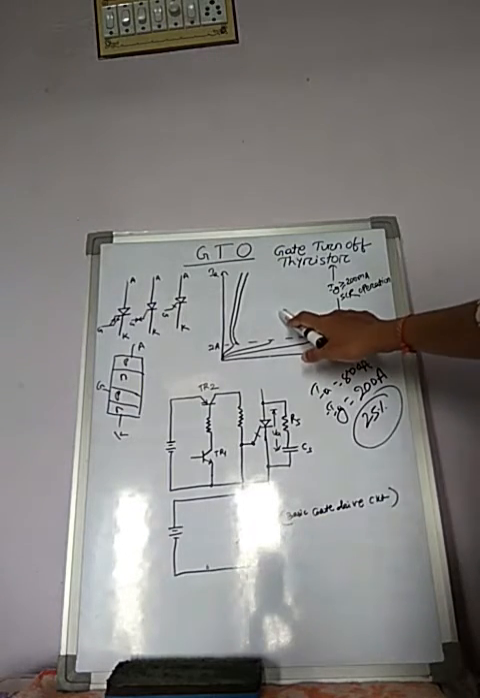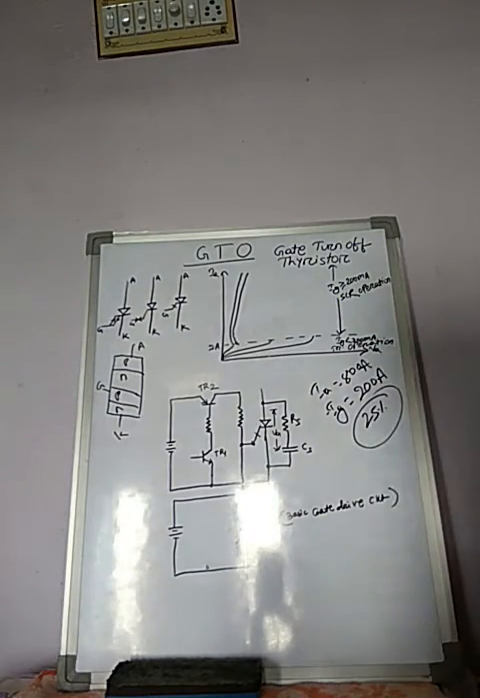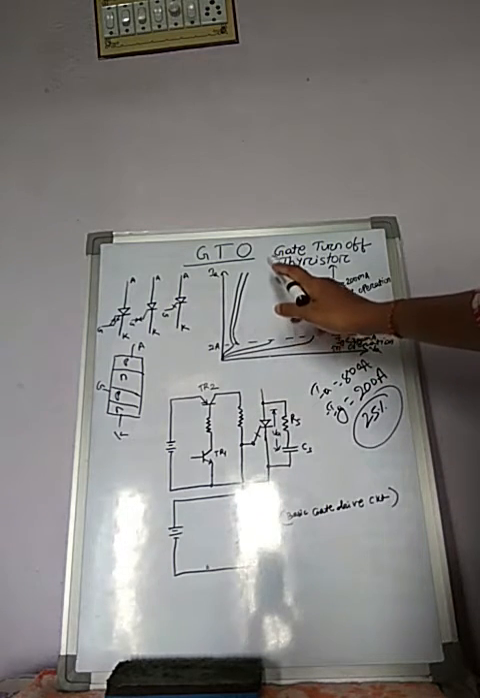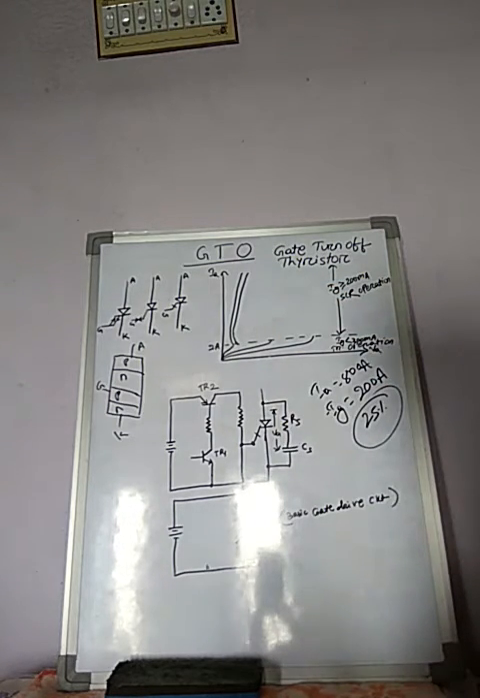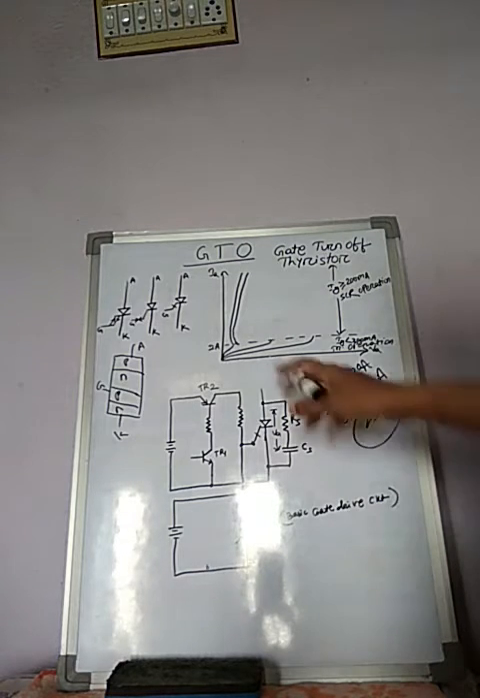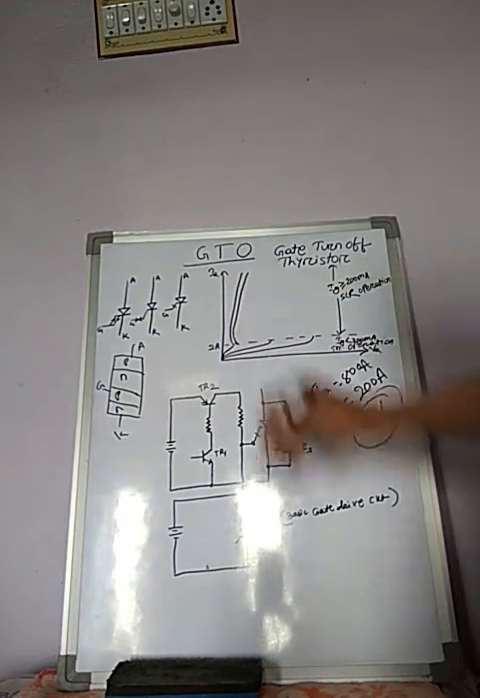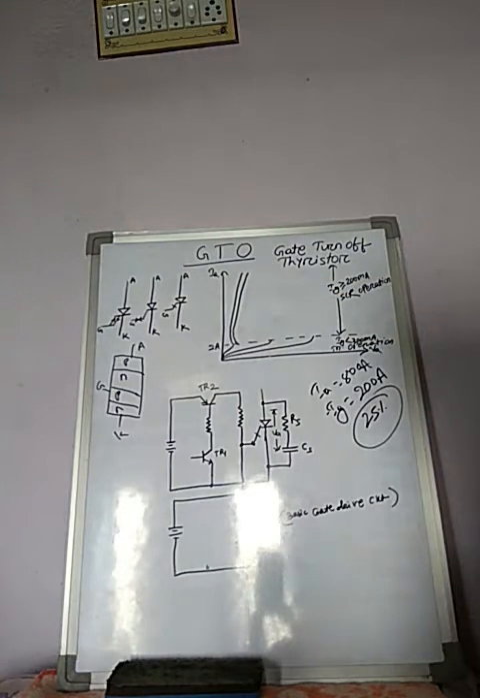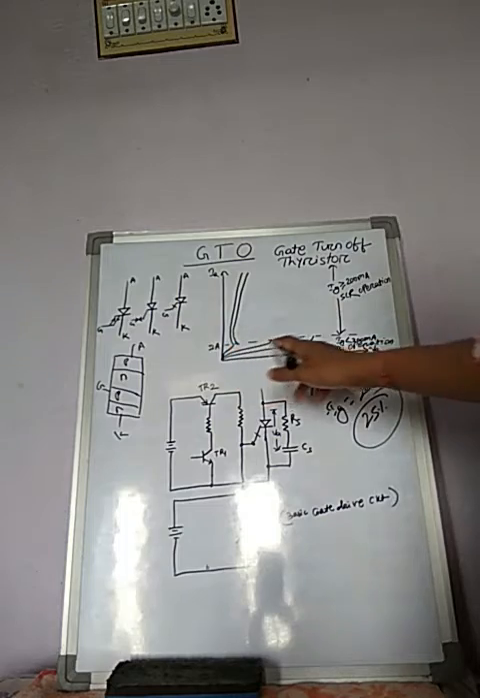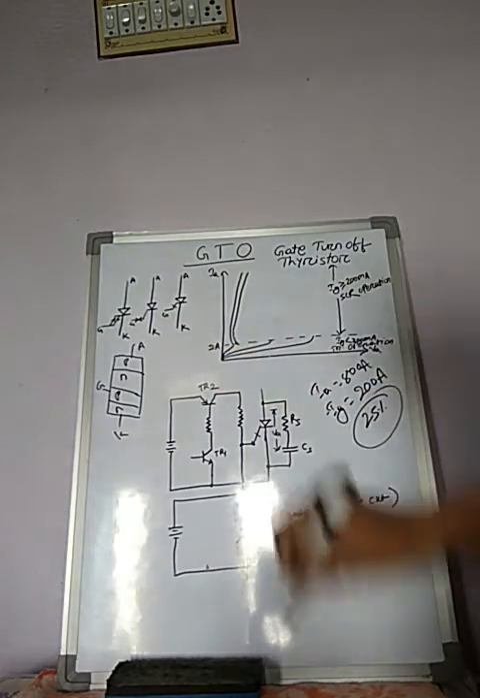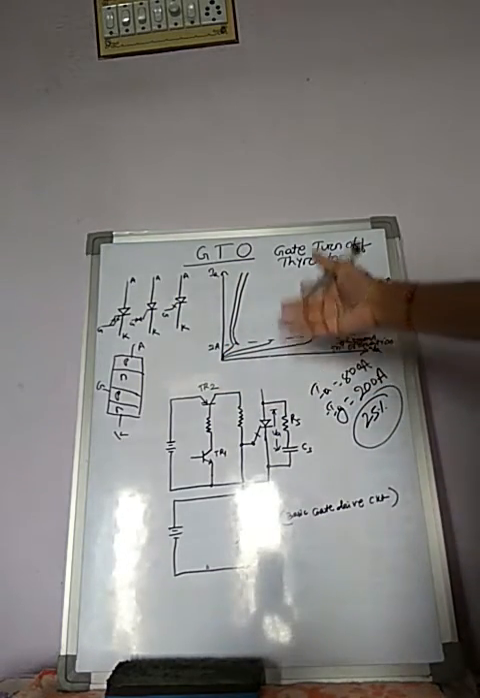This is the static VI characteristics. Okay, so in this static VI characteristics of GTO, what do you see? See, this is the VA axis, anode voltage. This is the anode current axis. Okay, see the VI characteristics graph is like this. So what do you analyze from this graph,